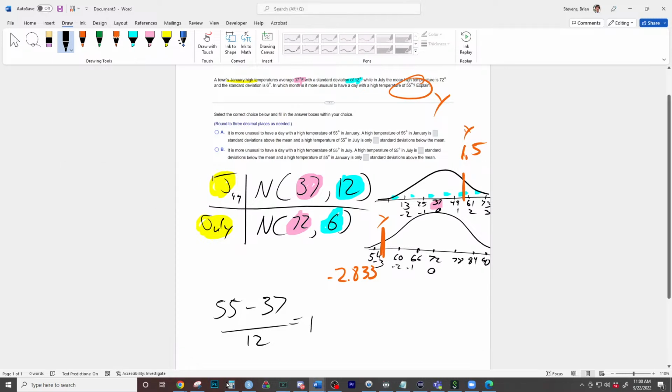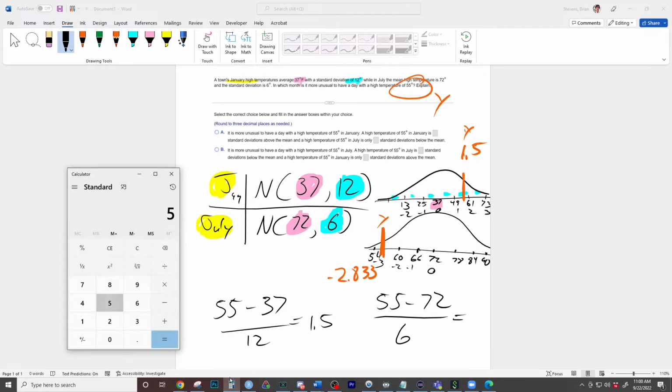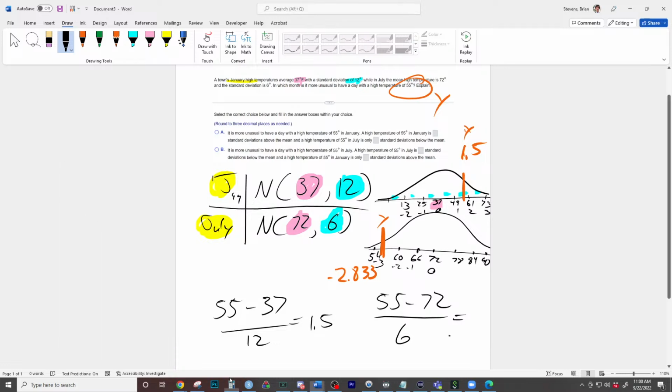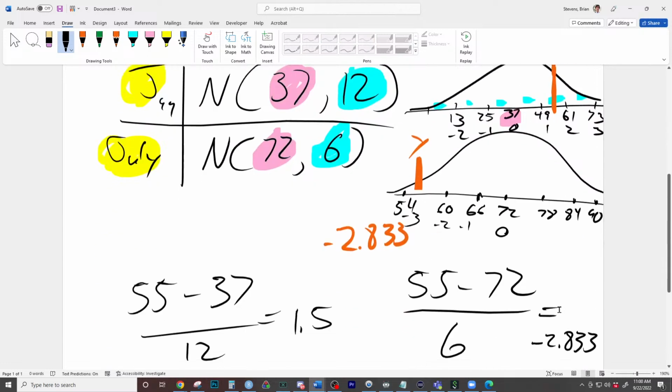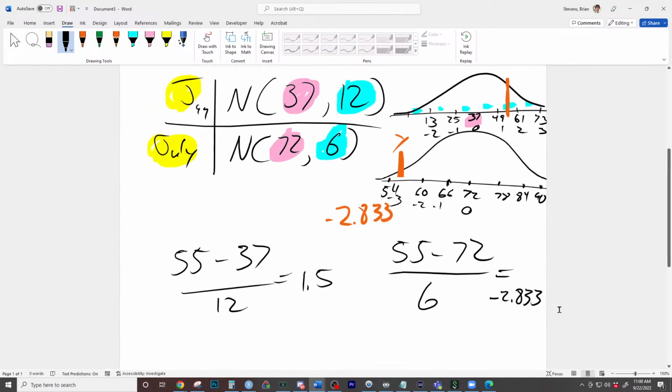I can see it there visually on my graphic. The second one is going to be the negative one, which is observation of 55 minus the mean of 72 over 6. And if I know my sixth, then I've done this correctly right here. So 55 minus 72 divided by 6 is that right there. And we've done it correctly. Doing the drawing can really help. If you look at my drawing right here, 55 is directly halfway between 49 and 61. So it's a half a standard deviation, making it 1.5 standard deviations above the mean. And we can also solve that down here mathematically.